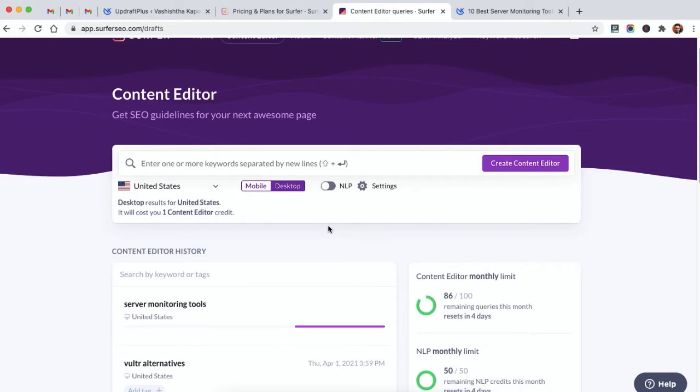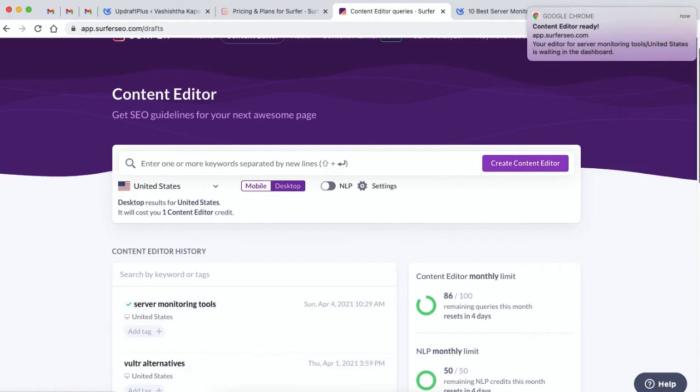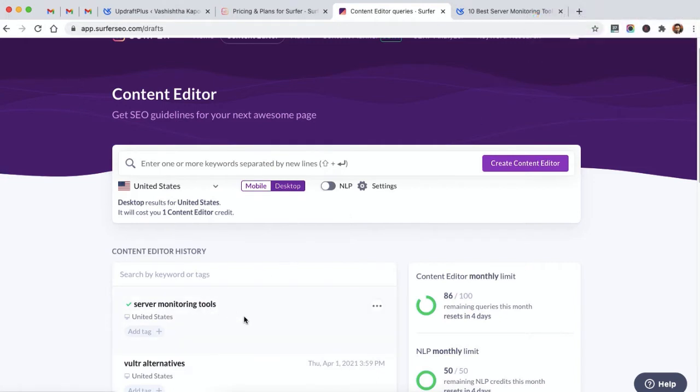And after the analysis is complete, I will get the notification. Now I can click on this and it will open the content editor. As you can see, it is processing the analysis, and once the analysis is done, I'll be able to click on this to open the SEO content editor. So here I got the notification and now I can click this.